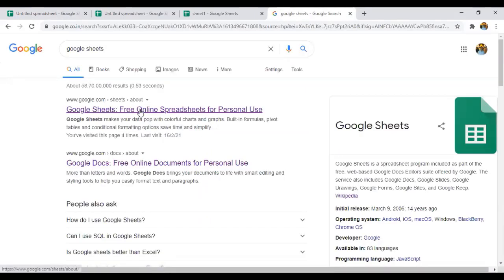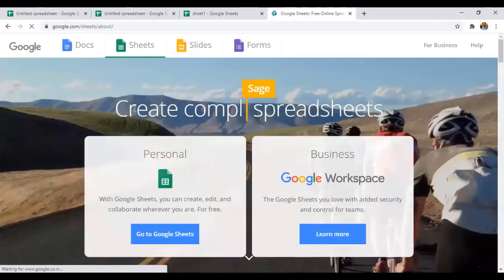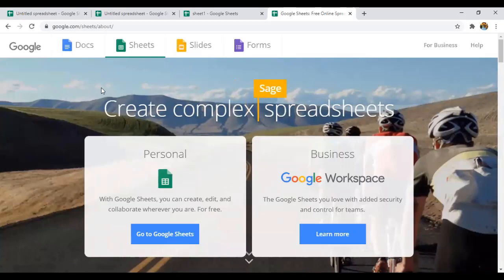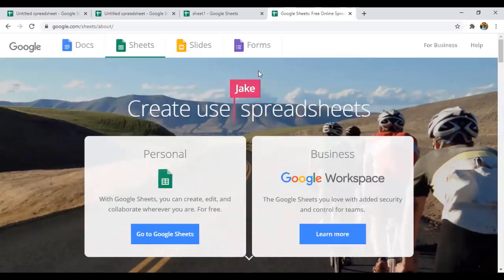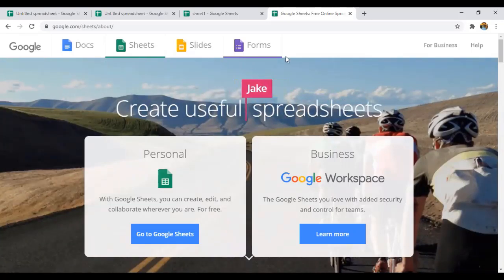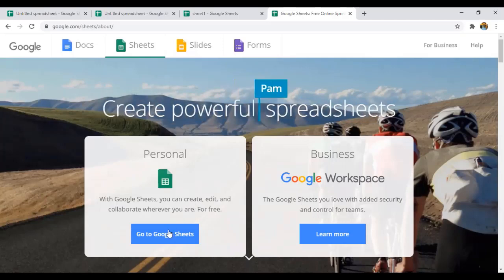You can see here, Google Sheets, free online spreadsheet for personal use. If you click on that, you can see different products that have been launched by Google. As we are discussing Google Sheets, just click on Google Sheets.